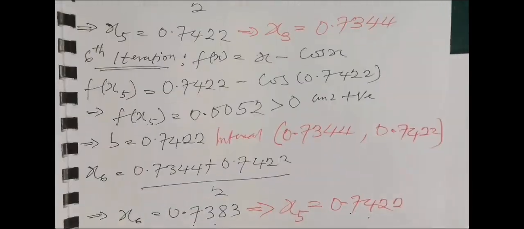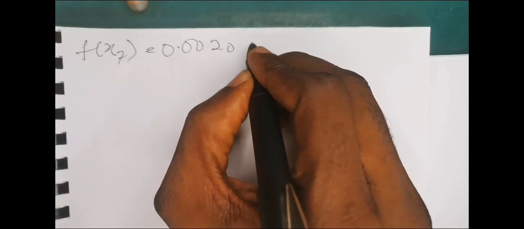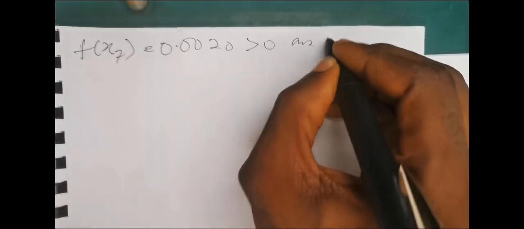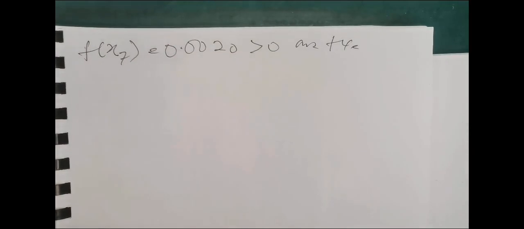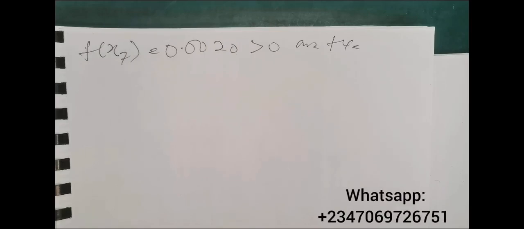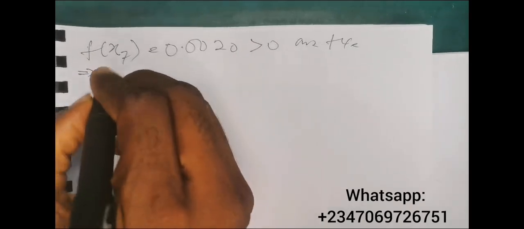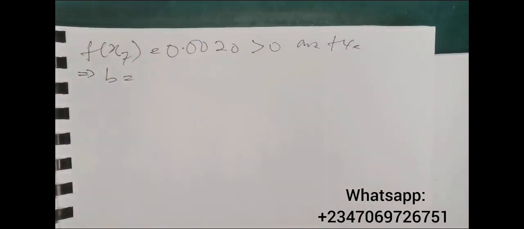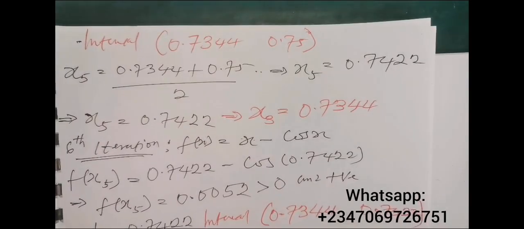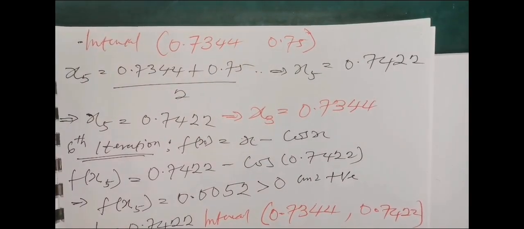Let's flip the page. So f of s7 simply gives us 0.0020, which is greater than 0 and it is positive, right? And remember, whenever the function is positive, that means the value that caused that function to be positive is called b. So this simply implies that b will be called s7. And what is s7? We had our s7